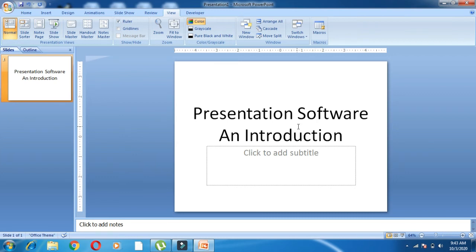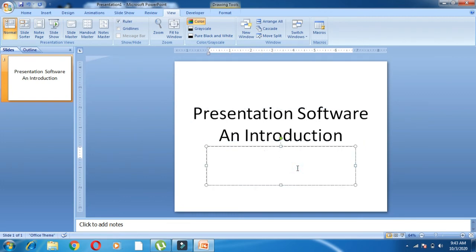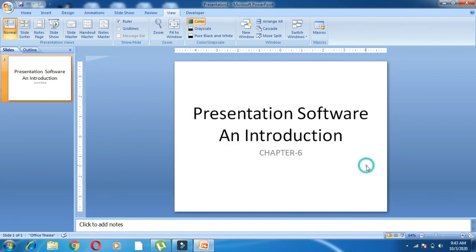And placeholders, children. When you open, you get a dotted rectangular box. You can see here add title, then add subtitle. Let me give the subtitle as chapter 6. So children, this dotted rectangular box, where we type the text or insert pictures or charts, is known as a placeholder.